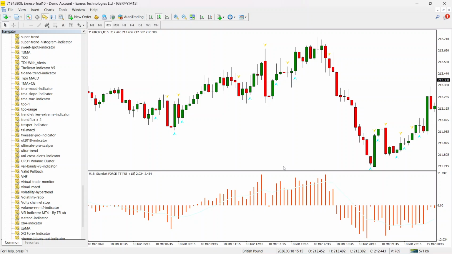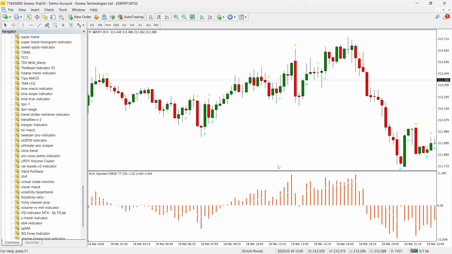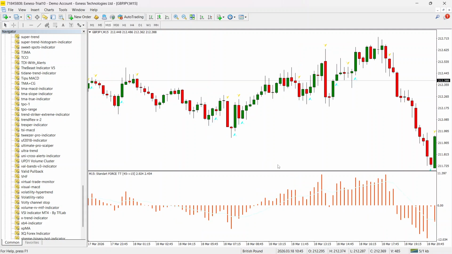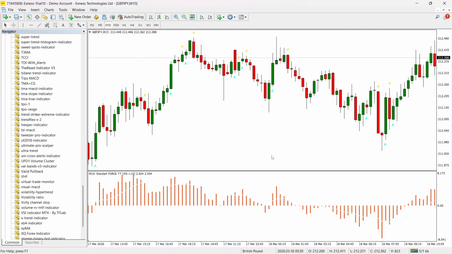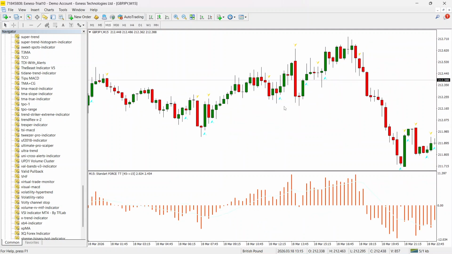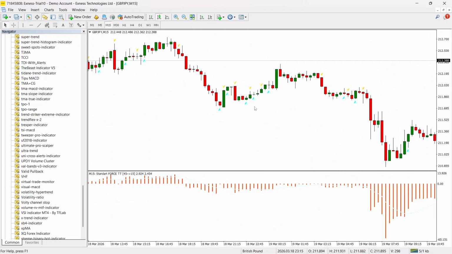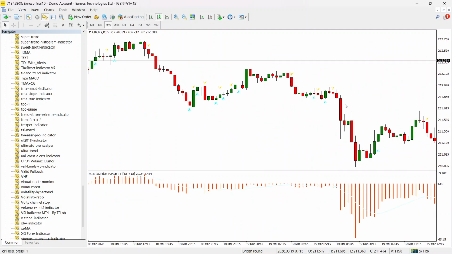It uses historical volume, often tick volume in Forex, and can be distorted by one-off spikes. It does not give trade signals on its own, so it must be combined with price structure and risk management. These arrows are not trade signals on their own and should not be treated as such. As you can see over time,